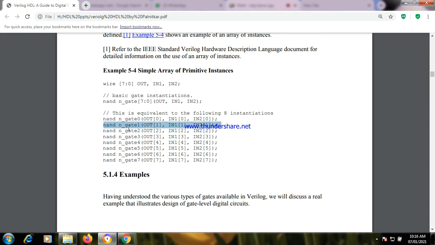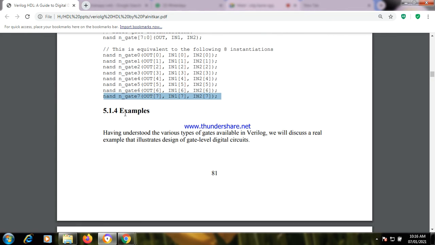Similarly, you check the second sentence. Now we are checking the second NAND gate. Here the inputs are in 1 of 1, in 2 of 1, then out of 1. It means we are in the second NAND gate. Then for the last one, NAND n underscore gate 7, with IN1 of 7, IN2 of 7 as the two inputs, and out of 7 as the output.